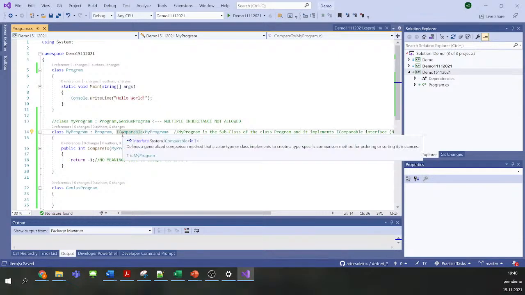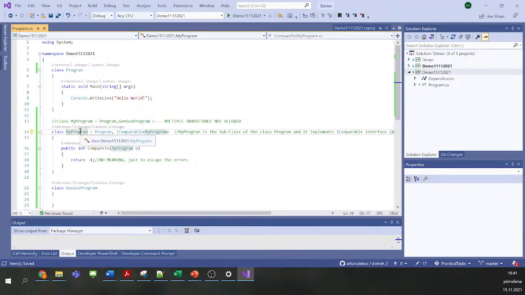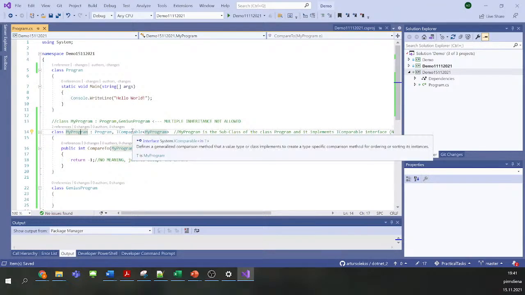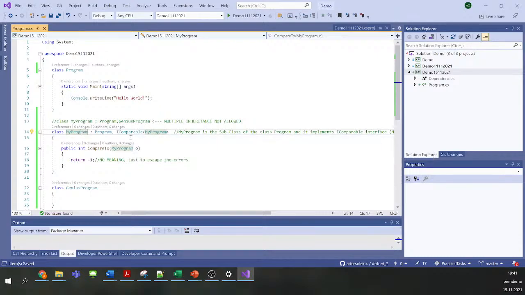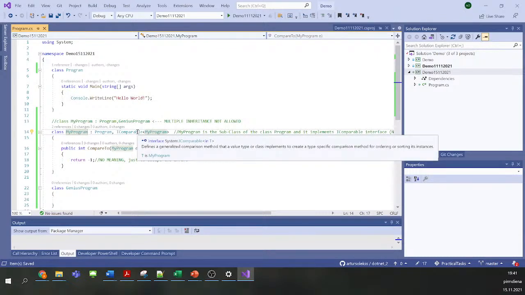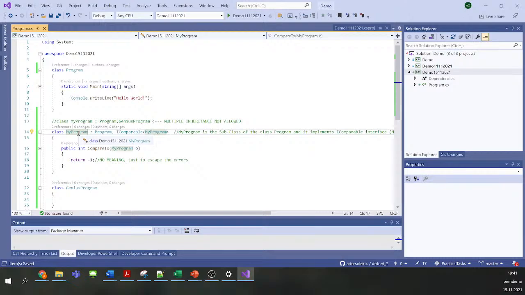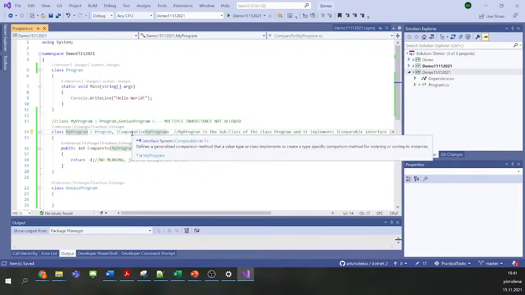So basically, what does this mean? It means that my class, what I define, implements the interface Comparable. So every instance that I create from this class may be comparable with another object.